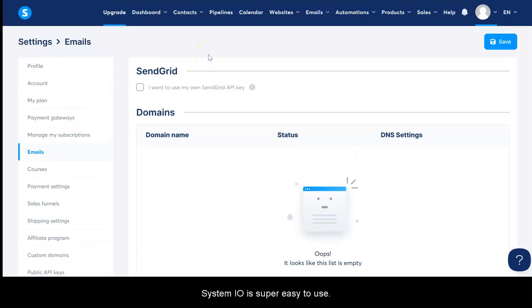System.io is super easy to use. It's very beginner friendly, and price wise it is super friendly because, like I said, you get the 2,000 contacts without having to pay. And so this gives you the opportunity to grow your email list